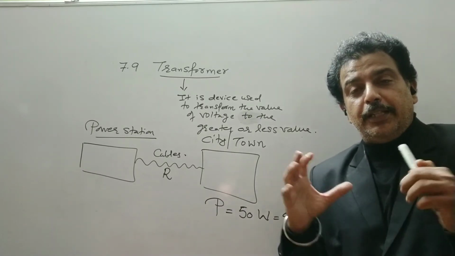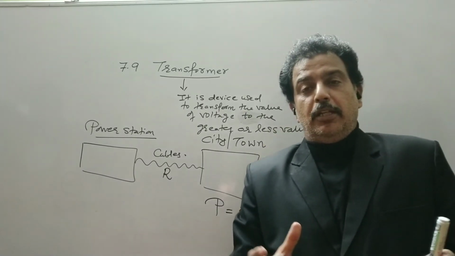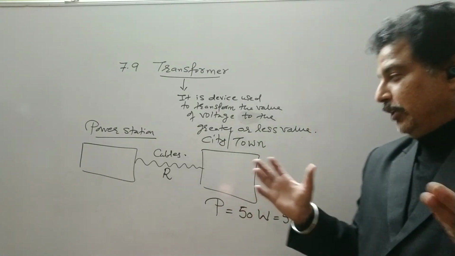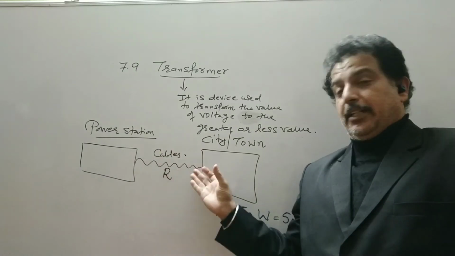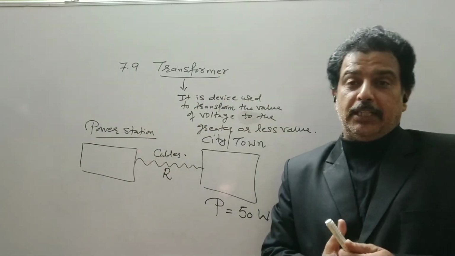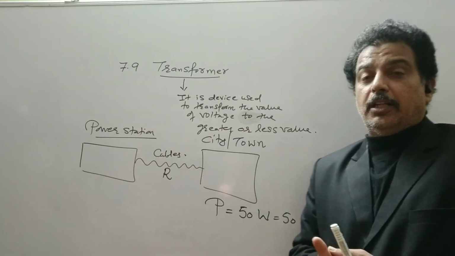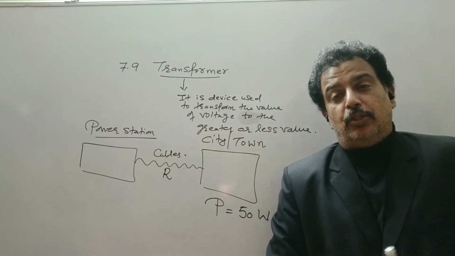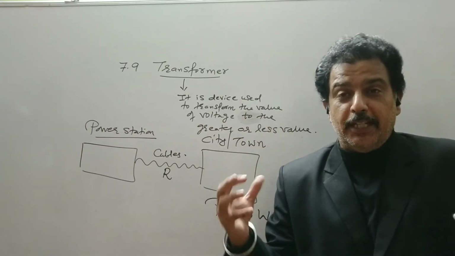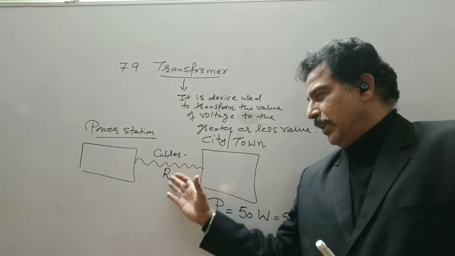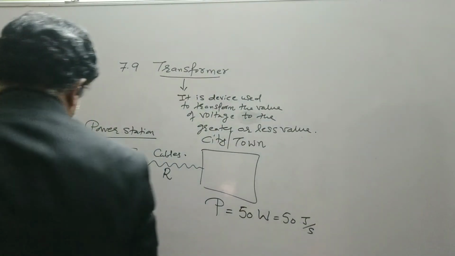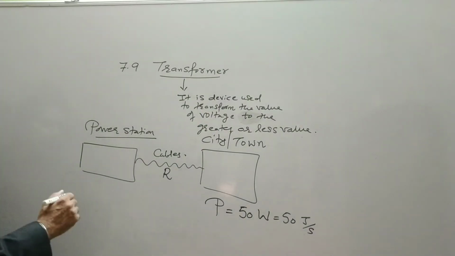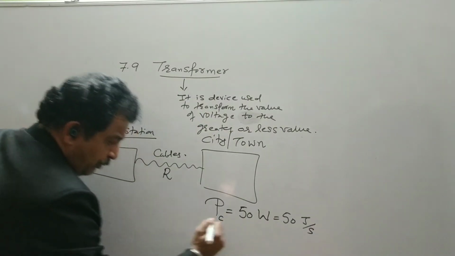We assume that it is an ideal situation where there are no losses, but we know that the cable wires are thick, they are not thin wires. So you can see in your surroundings there are the transmission cables or transmission wires through which the electricity flows. So they are thick wires, so they have some large resistance, so there will be a power loss. But let us assume ideally that this is the power consumed by the city.